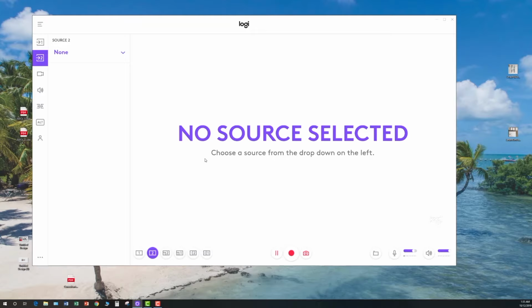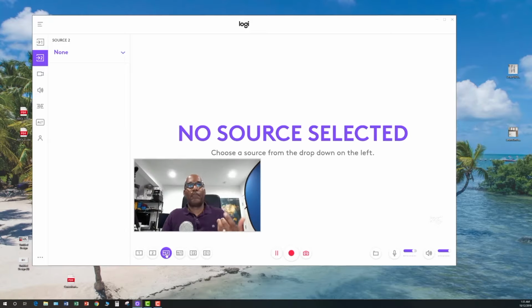Okay, so there's none selected here, so you're going to have no source selected. Now if I click the third one on the bottom, you see this little one, which is connected to my Logitech BRIO. Look how sharp that is, by the way. Okay, but 2, there's nothing. So you look at it. 1, the little 1 is me, and the 2 is this big area here. You see nothing